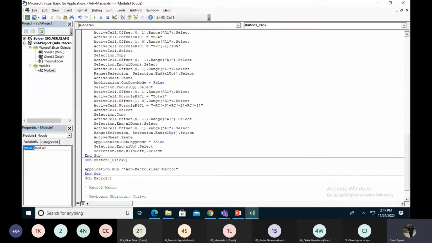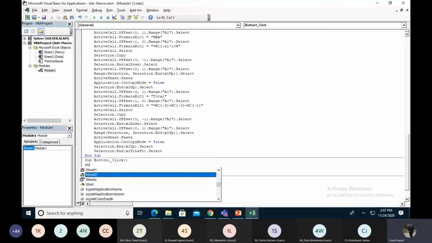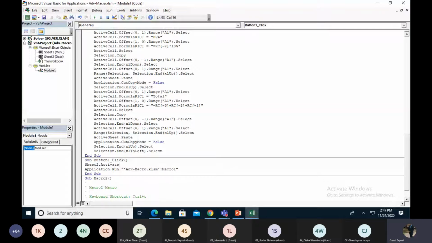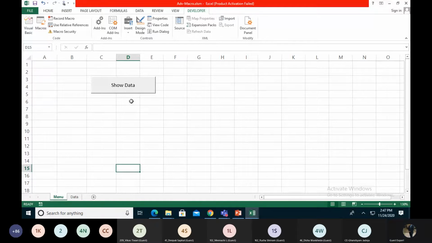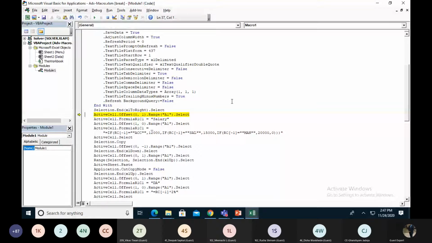Okay, so what I'm doing is I write dot Activate. So sheet 2 is activated, and then the whole macro runs. Okay, let's see. Show. One minute, I got one error, just one minute.